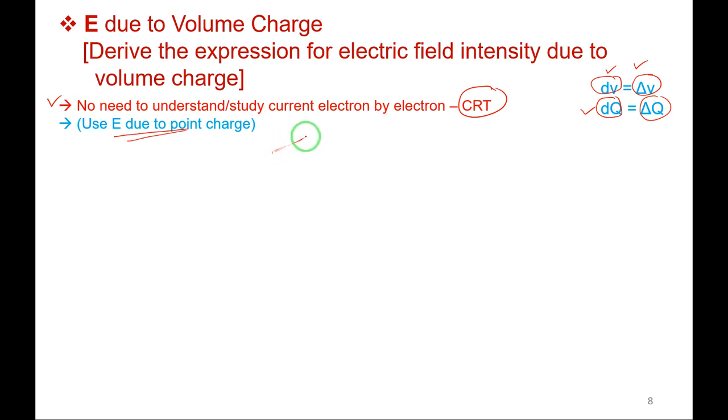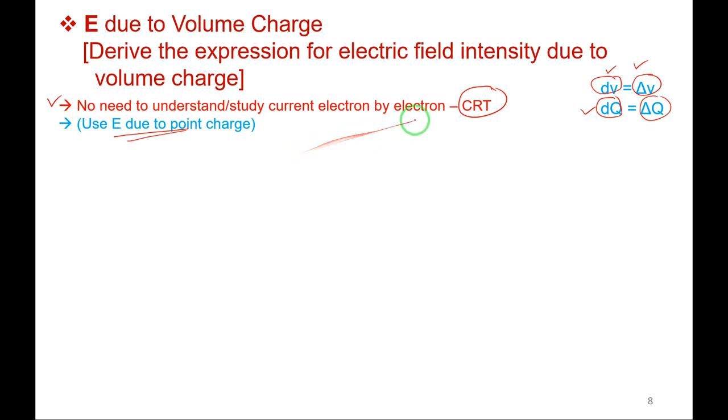A group of charges. In the cathode ray tube or in your olden days TV, what happens? There is a beam of electrons from an electron gun. It bombards those electrons onto the phosphorus screen so that the images appear. For example, with a cathode ray oscilloscope (CRO) in the lab, suppose it is generating a sine wave. The beam of electrons hits the phosphorus screen and the sine wave is generated, or a cosine wave, or any pattern.